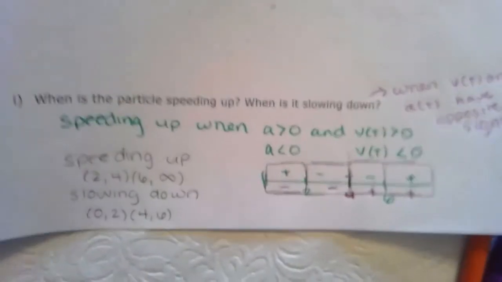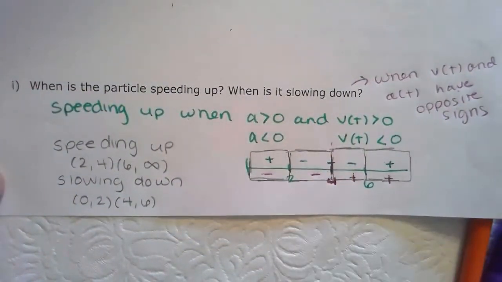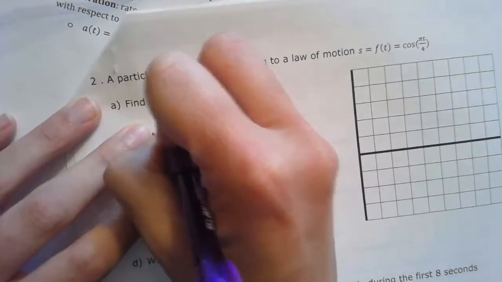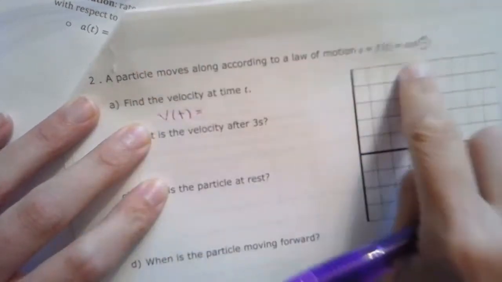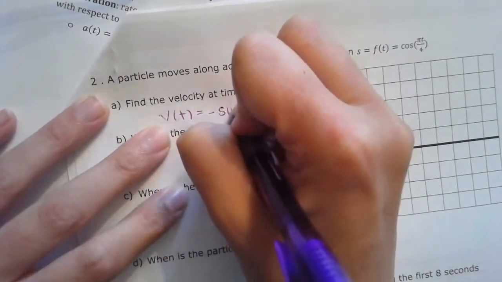So hopefully all of that makes sense to you and that helps you understand the lesson a little. Alright, so let's do the particle motion for the trig derivative now. Velocity equals the derivative of the particle's motion. So the derivative of cosine is negative sine